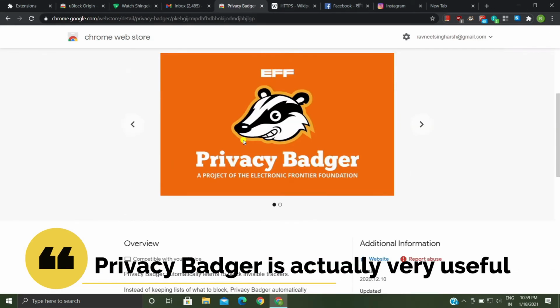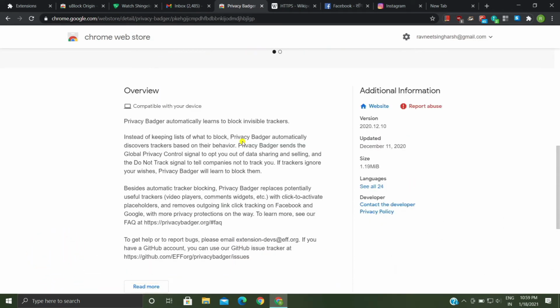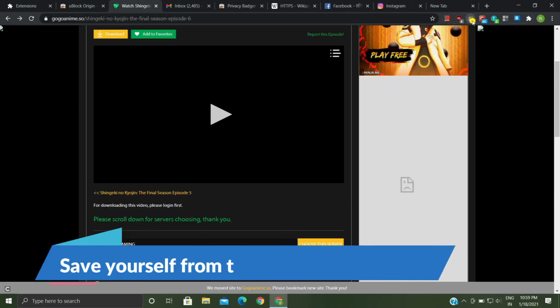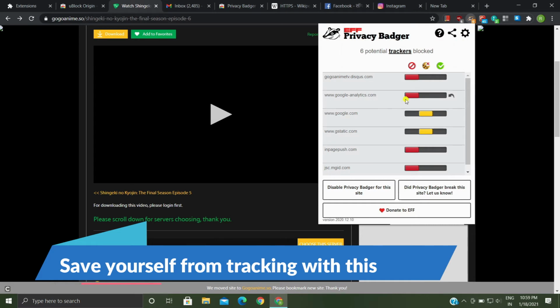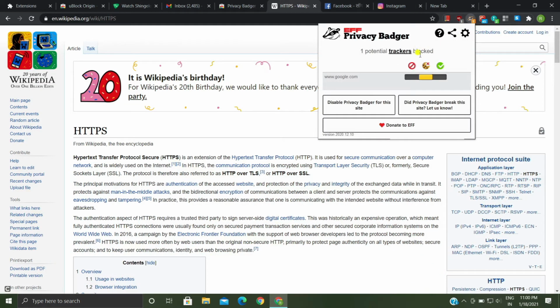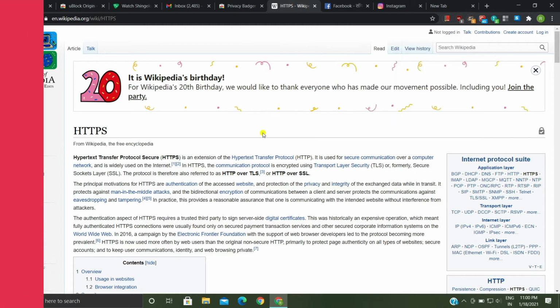Privacy Badger is one of the best all-in-one extensions for blocking invisible third-party trackers on websites. This extension looks at all the components of a web page, learns which ones track you from website to website, and then blocks them from loading in the browser. Privacy Badger also learns as you travel the web, so it gets better over time, and it requires no extra effort or configuration to work. Just install it and leave everything to it.